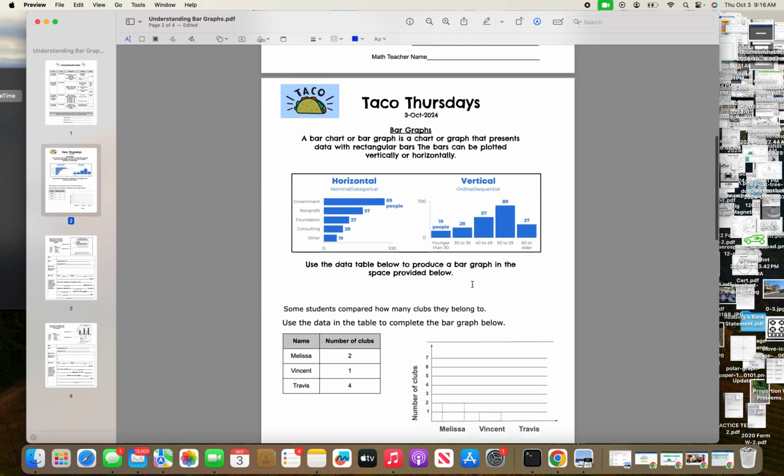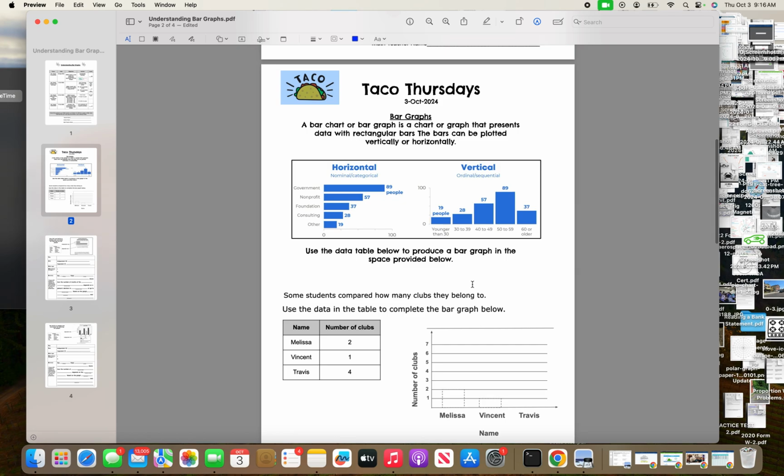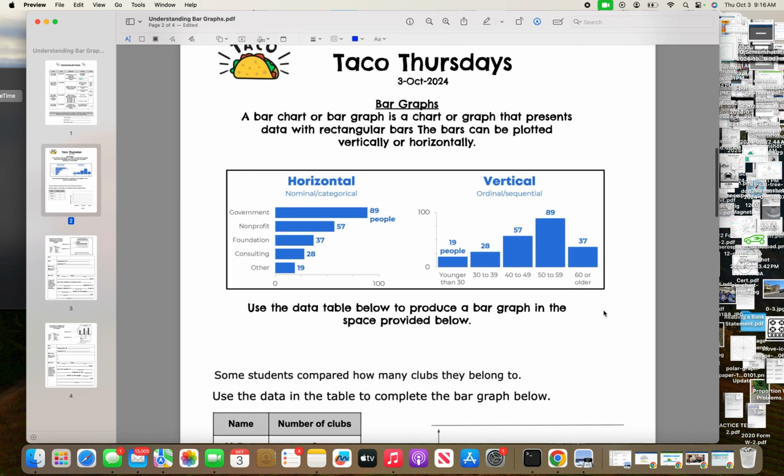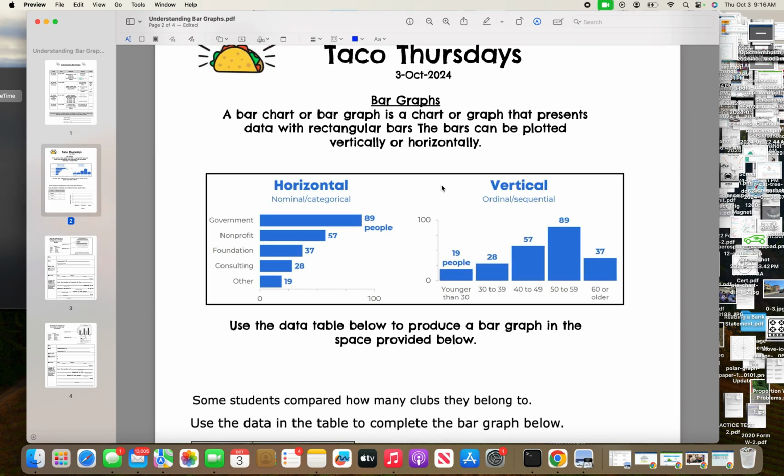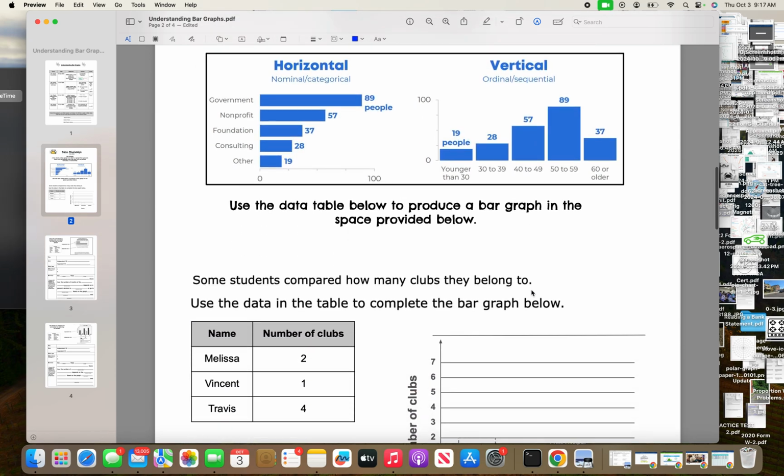Let's jump right in. Taco Thursdays, we are looking at bar graphs. This whole month, we're going to be looking at bar graphs. You've seen bar graphs before. This is what they look like. They can either be a horizontal bar graph or a vertical bar graph. All right,